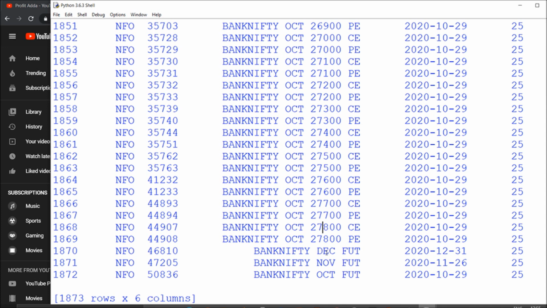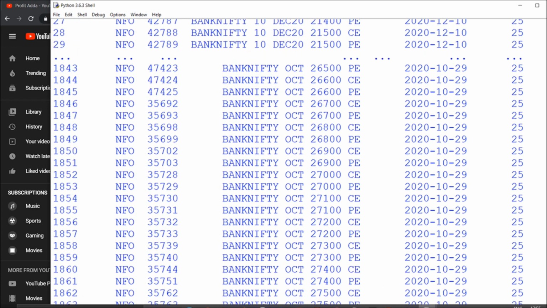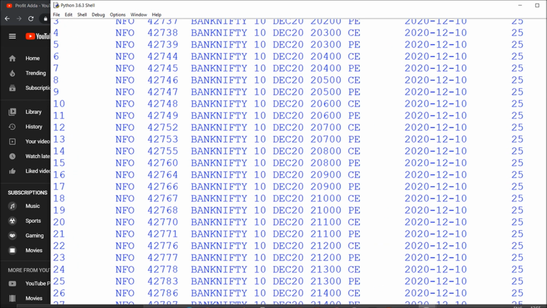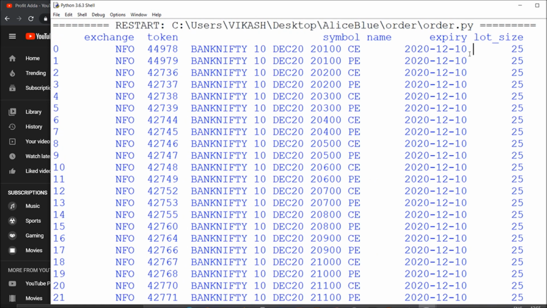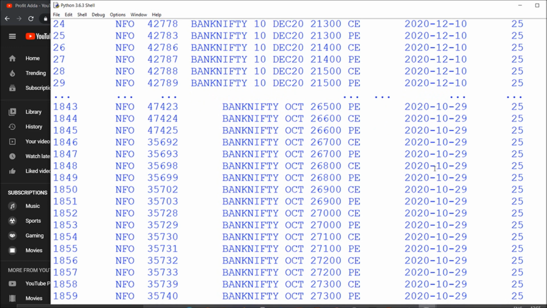In a simple way, suppose you want to know what the expiry is and what you should do with this one, it is very simple. All of the trading symbols it is fetching right now are the current ones. This is the previous segment I am talking about, and this is what it is fetching.